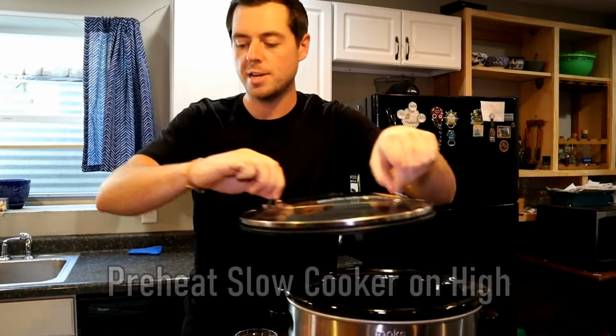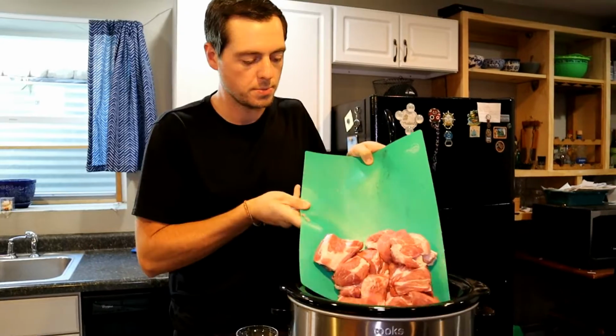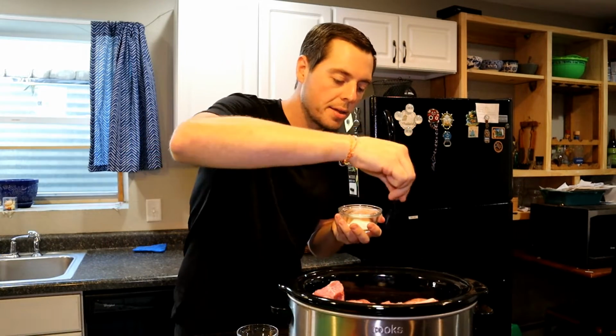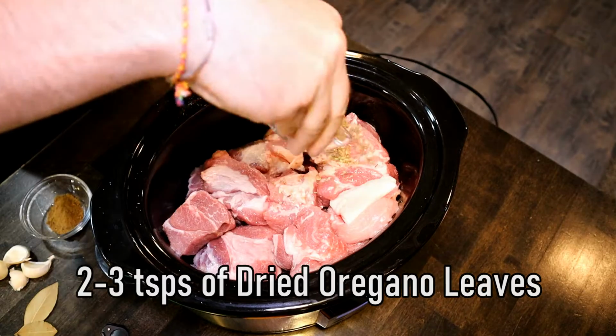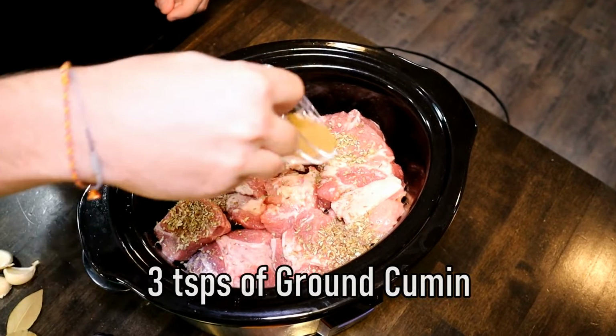Now with our crock pot heated, we are ready to go ahead and put our meat chunks in. And then with the meat on the other side, I'm going to go ahead and add a little bit more salt. A couple teaspoons of oregano, dried oregano leaves, 3 teaspoons of cumin,